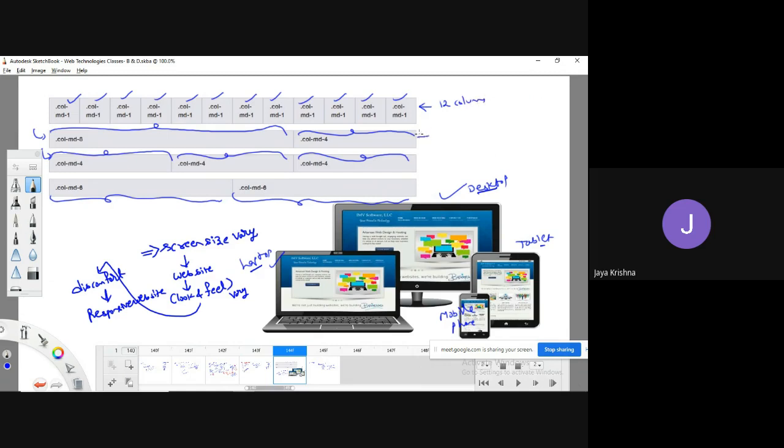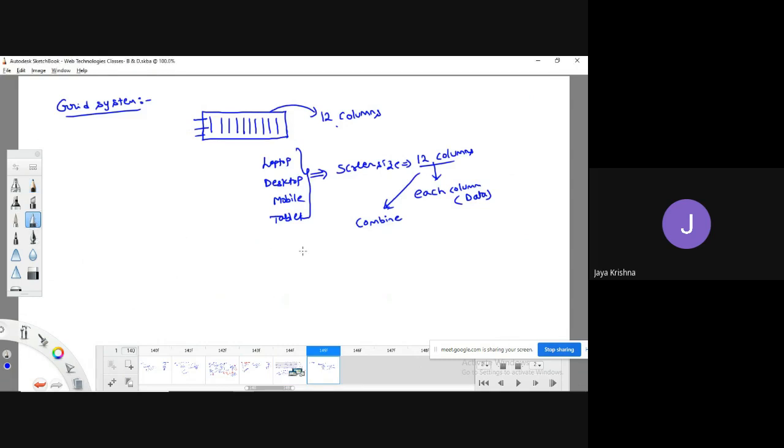So the first row they have split into how many columns? 12 columns. Second row, 2 columns. Third row, 3 columns. Fourth row, 2 columns. If you are interested in taking multiple columns for your screen, then we can take multiple columns. But these 12 columns are the maximum. Even if you add one more column, that is not possible. The parser can't understand that. But if you want to combine, you can combine. Why they fixed these 12 columns: based upon some research, they fixed it and partitioned into a maximum of 12 columns.